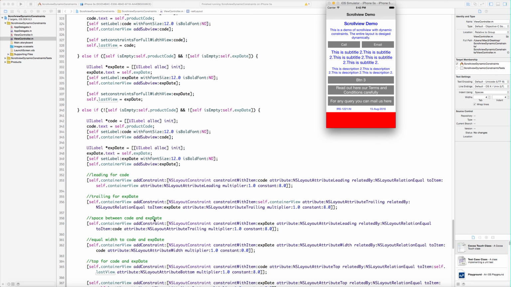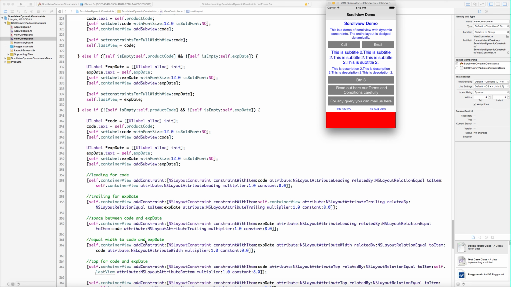So then the space between both of the labels, that means the expiry date's leading equal to the code's trailing, that is the expiry date's leading constraint equal to the code label's trailing constraint, that is of 8 pixels.